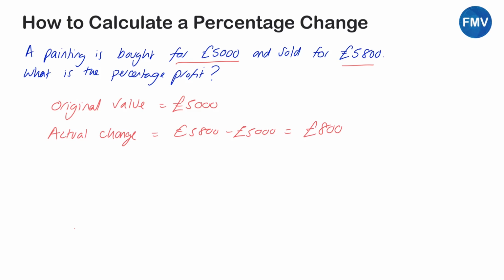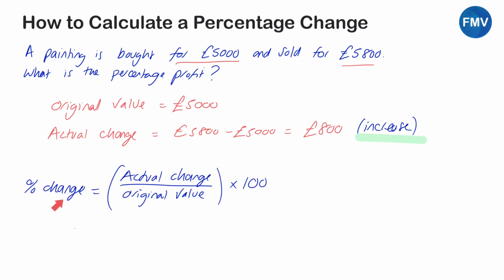It's really important though to recognise that this is an increase, because when we discuss percentage change we tend to put at the end whether it's an increase or a decrease. So we've got two key pieces of information here, and they are the only two key pieces of information we actually need. We need to know the original value and we need to know the actual change. And if we've got that, we've got a little formula that we can use to calculate this. So our formula is percentage change is equal to the actual change divided by the original value multiplied by 100